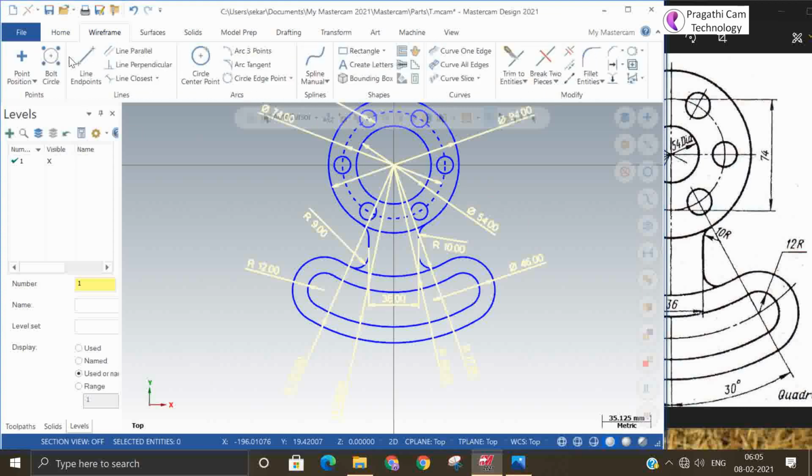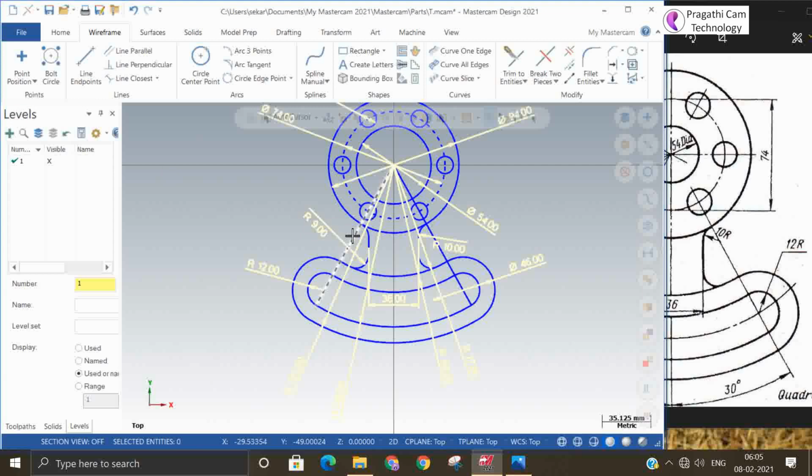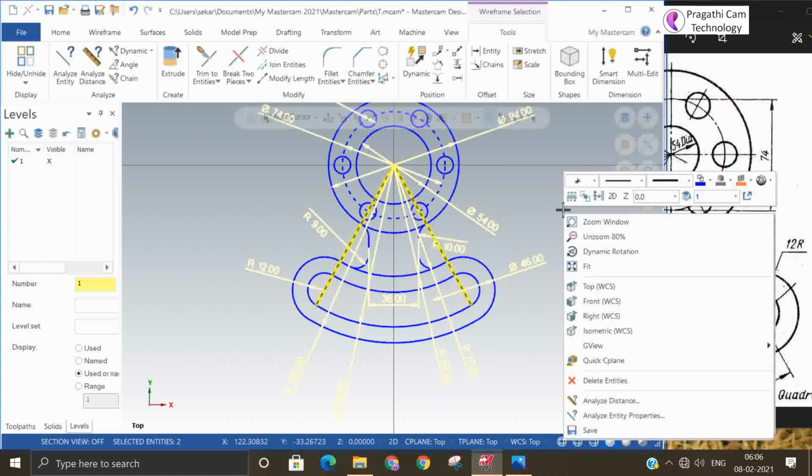I'll draw one line for indicating the angular dimension. This line also comes under construction lines, because it is not an object line. So these two should be thin lines, construction lines, and you can keep some other color.